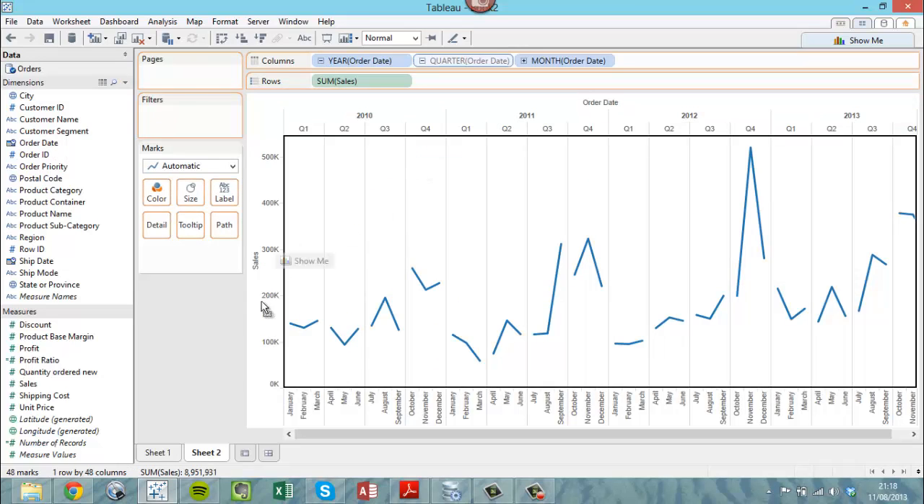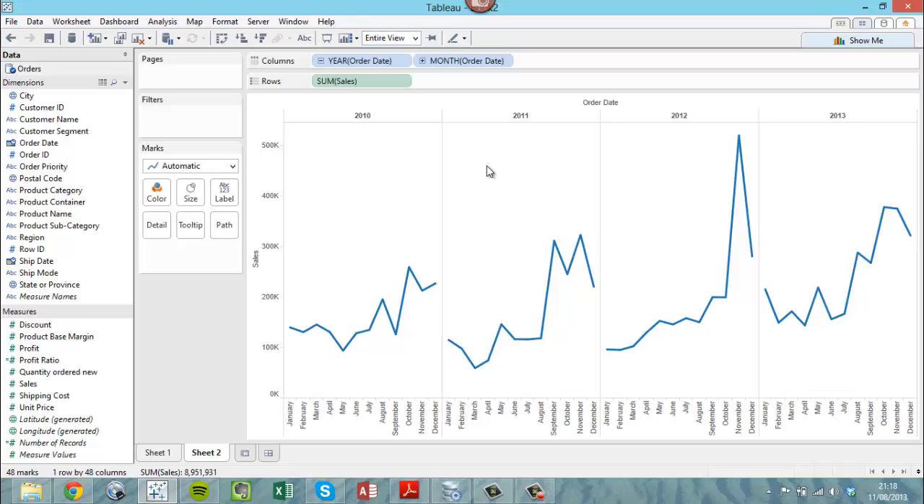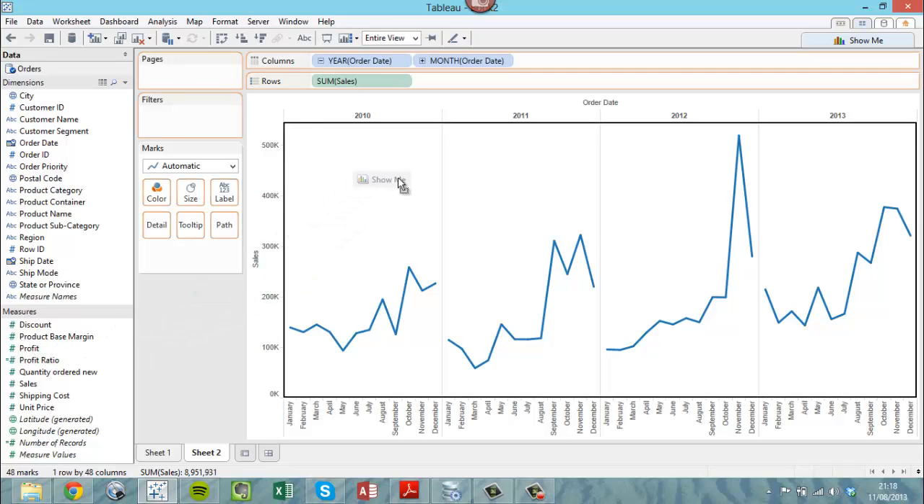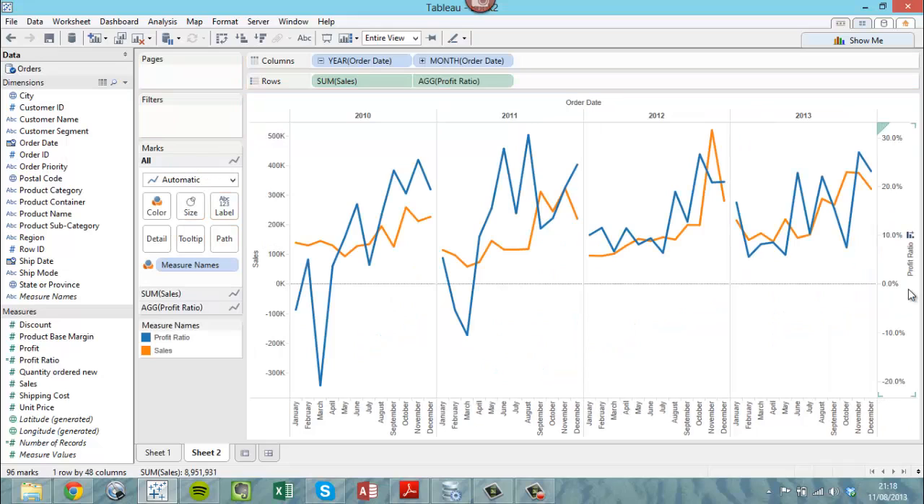Do this by month again. Now I'd like to plot this as 2 different series, a line for sales and a bar showing profit ratio. So in this case I'm going to drag out profit ratio, but I'm not going to drag it up to rows here. I'm going to drag it over to the right hand side of the view, and we'll see that Tableau creates a dual axis chart, the blue line showing profit ratio and the orange line